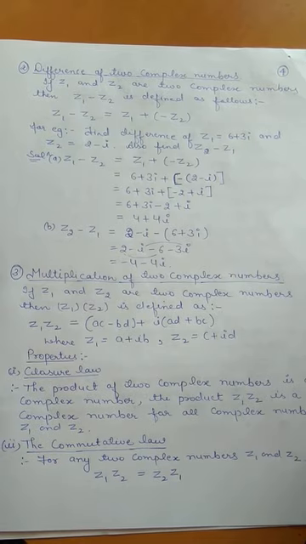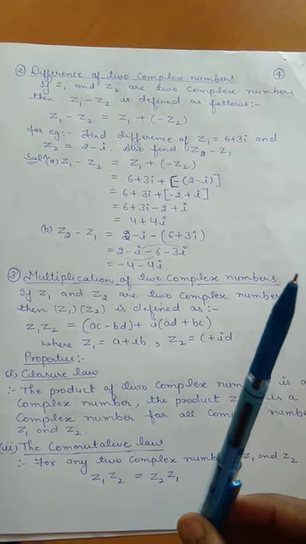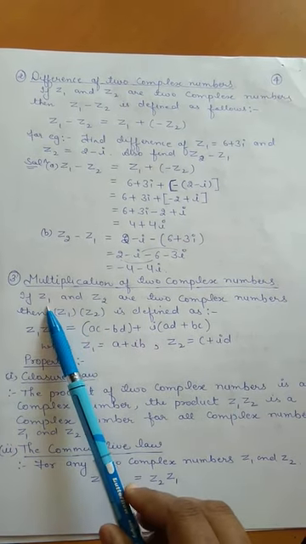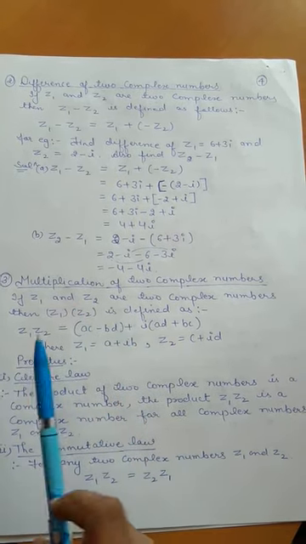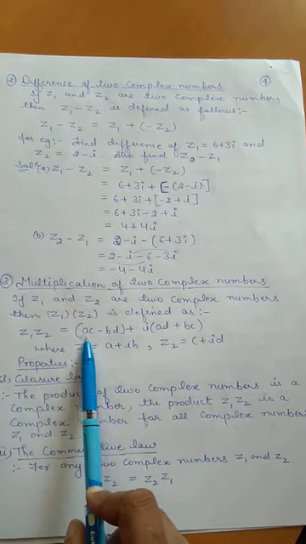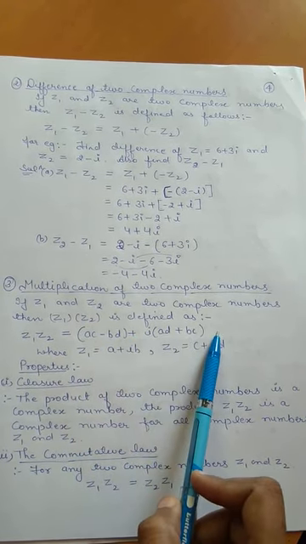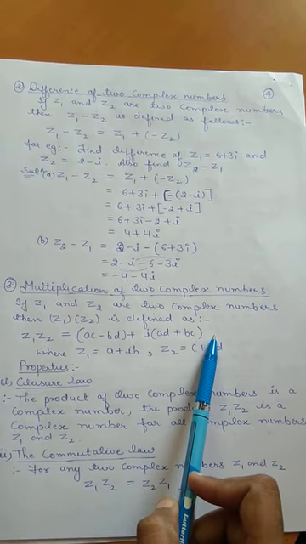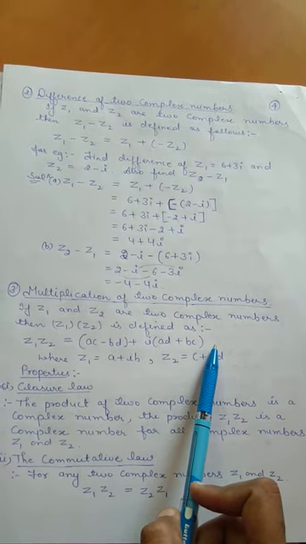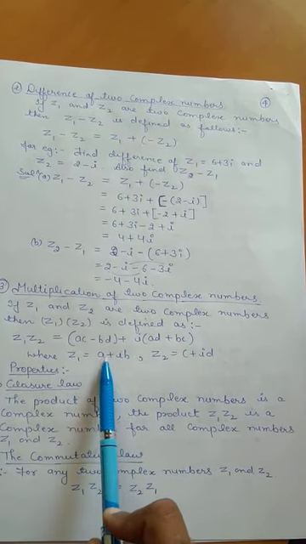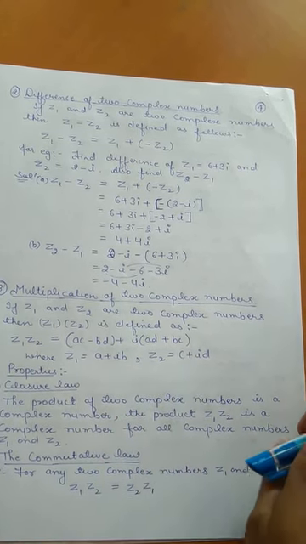Now let's move to the next part, that is multiplication of two complex numbers. In multiplication of two complex numbers, बच्चे, if we have two different complex numbers z1 and z2, z1 into z2 we will get as ac minus bd plus iota of ad plus bc. How to find these we will do in a later part of our exercise. Now we will just look at the properties, where z1 is equal to a plus iota b and z2 is equal to c plus iota d.